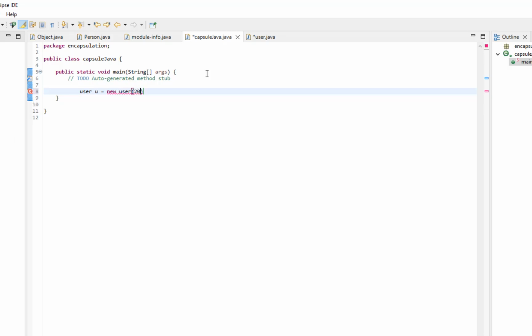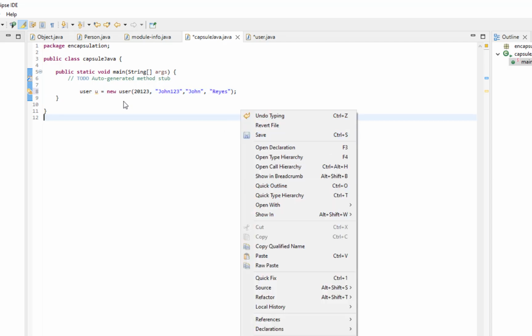User ID is an integer, right? And then I'm going to write the username. Okay, John. And then John 1, 2, 3. Then first name and the last name: John Reyes. Okay, so here,